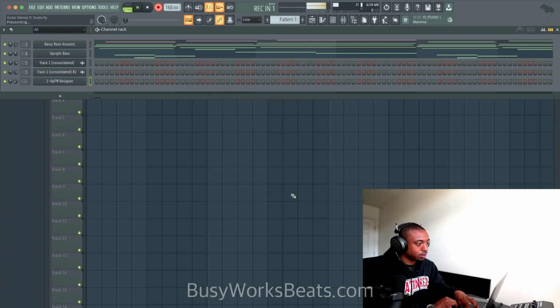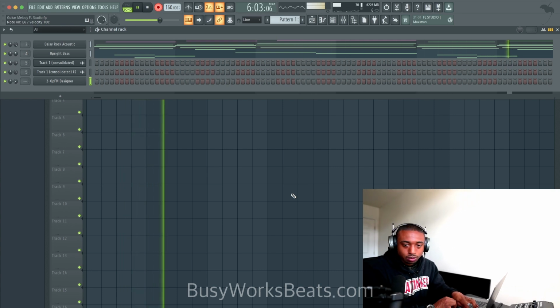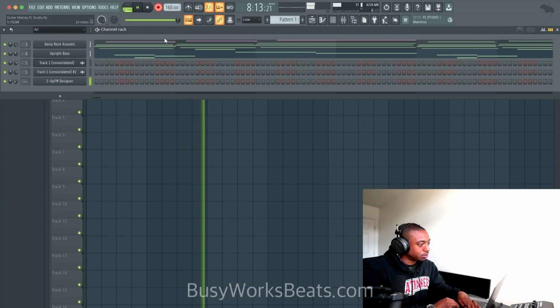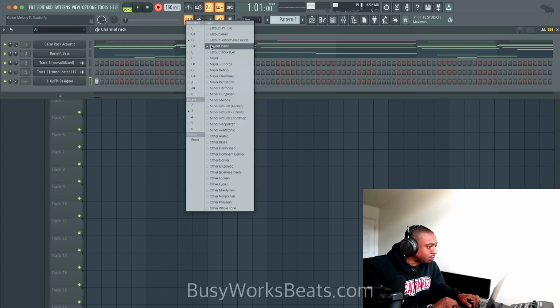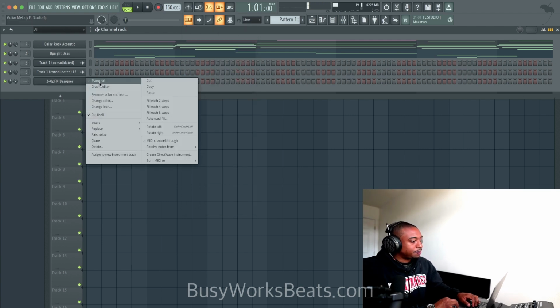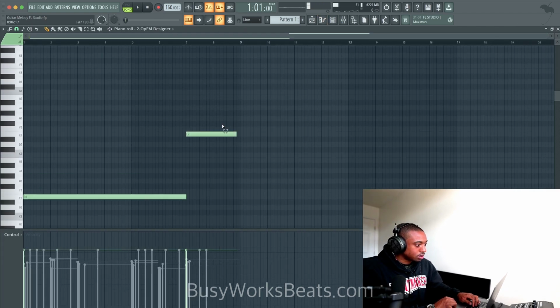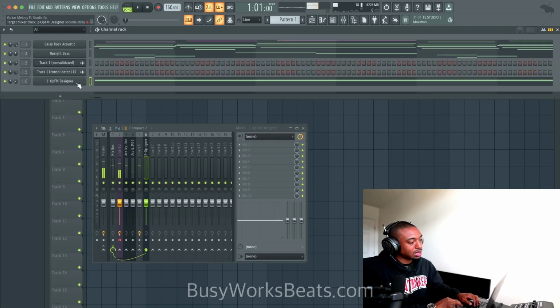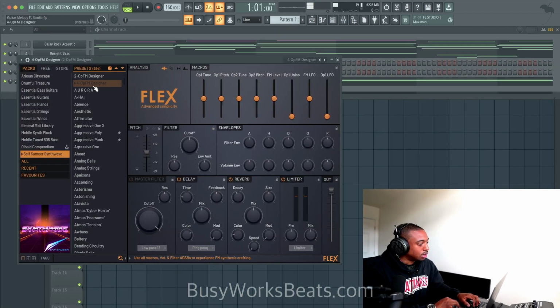1, 2, 3, 4. We could replace it with a string. Now that note, I forgot we're locked to a scale, so that didn't play the note I wanted to play. Wanted to go down a half step. So let's pull this down a half step, which is what we did with the chord. So as you see, melody follows the chord direction.